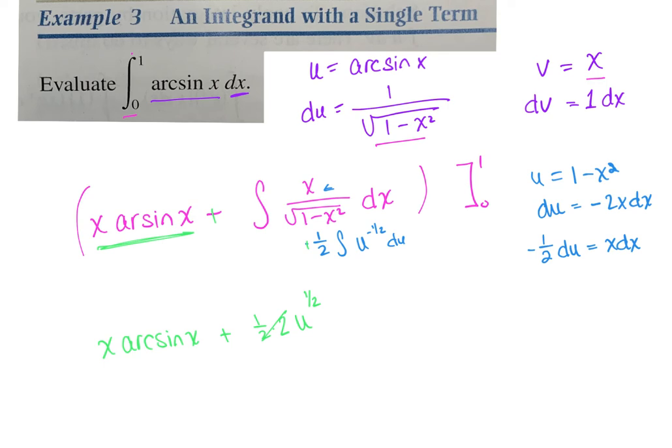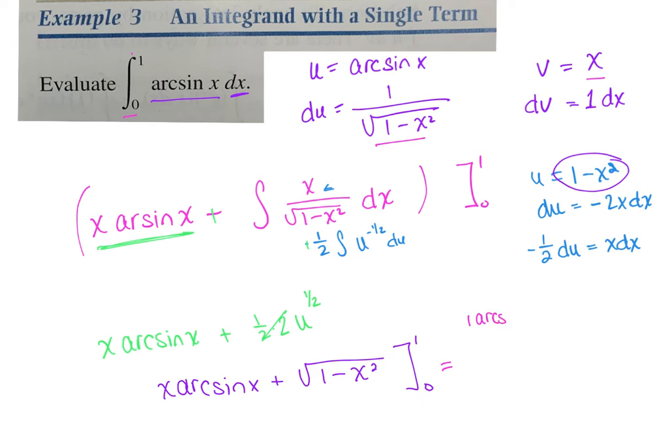And my last step before I plug everything back in is to, of course, plug my u-substitution back in. So I end up with x arc sine of x plus, instead of u, I'm going to say 1 minus x squared to the 1/2, or square root of 1 minus x squared. And I am taking that from 0 to 1. And I actually need to plug those in. I plug in a 1, I get 1 times the arc sine of 1 plus the square root of 1 minus 1 squared,